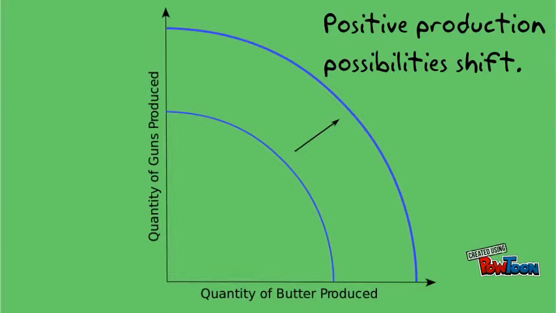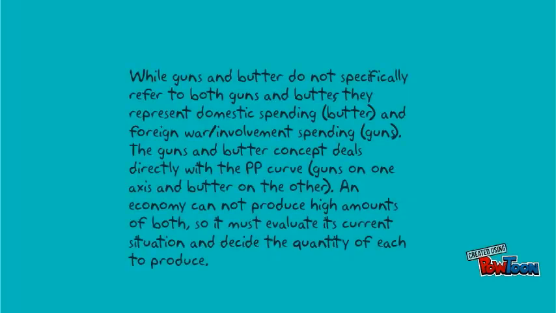This is a positive production possibility shift. You have quantity of guns produced on the y and quantity of butter produced on the x. While guns and butter do not specifically refer to both guns and butter, they represent domestic spending, butter, and foreign